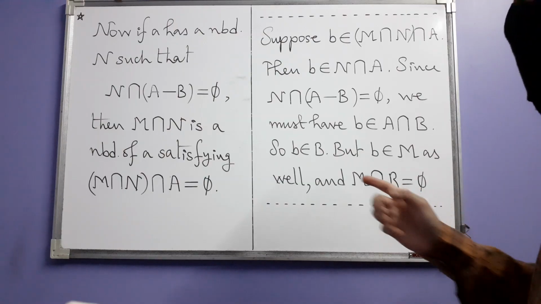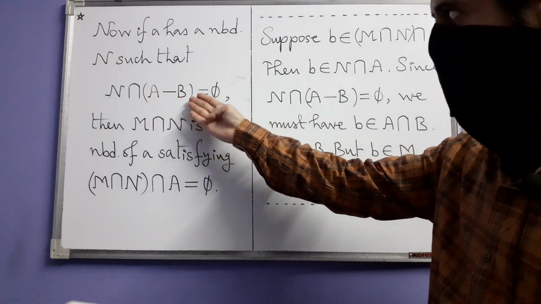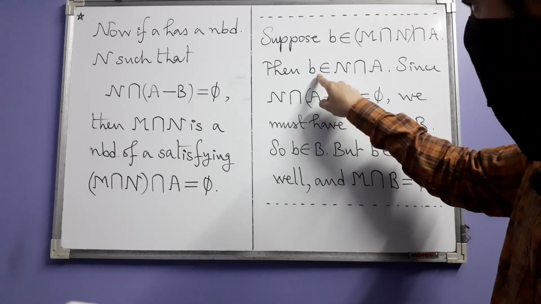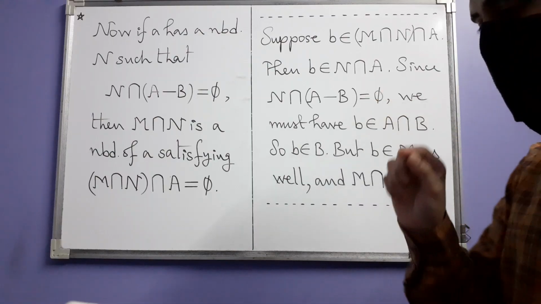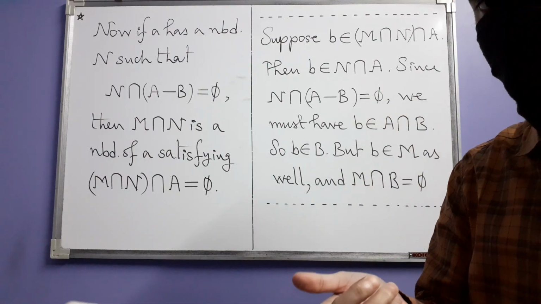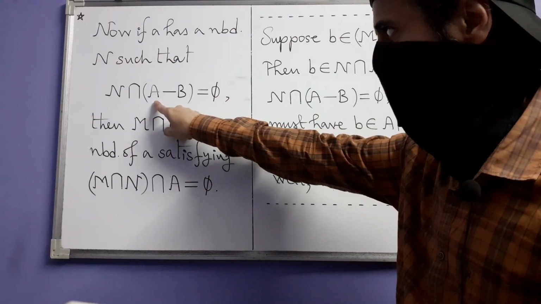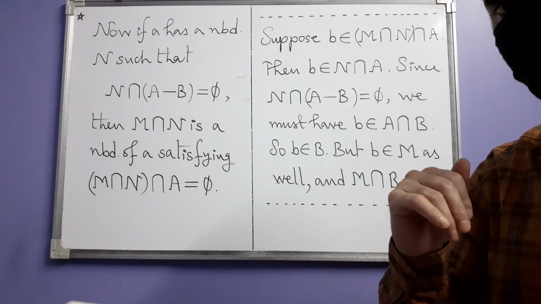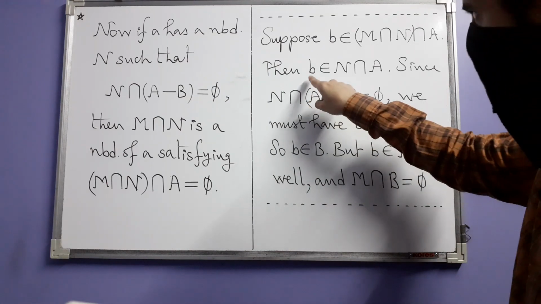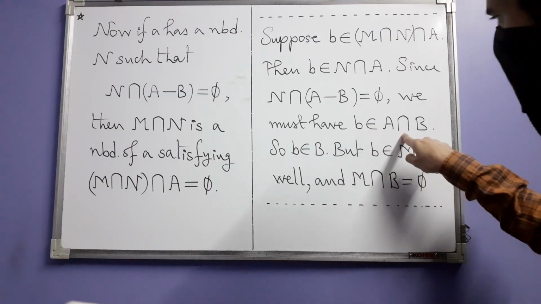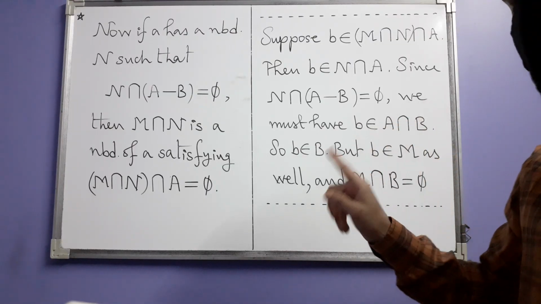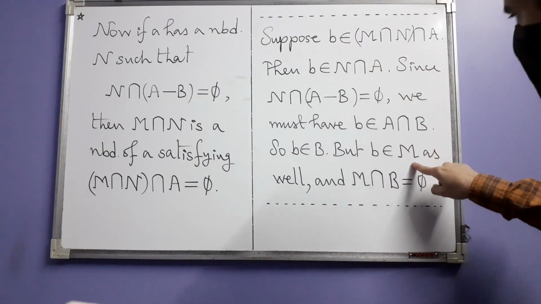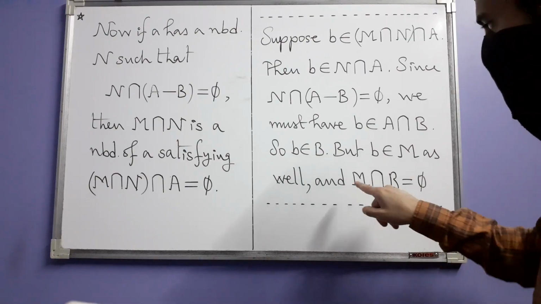However, N does not intersect this part of A, that is A difference B, and this point b is inside N as well as A. So because N cannot intersect A here, that means N has to intersect A in the other part of A, that is A intersection B. So this common point b has to lie there in A intersection B, which means that in particular b belongs to B. But at the same time b is also in M, and this is the problem